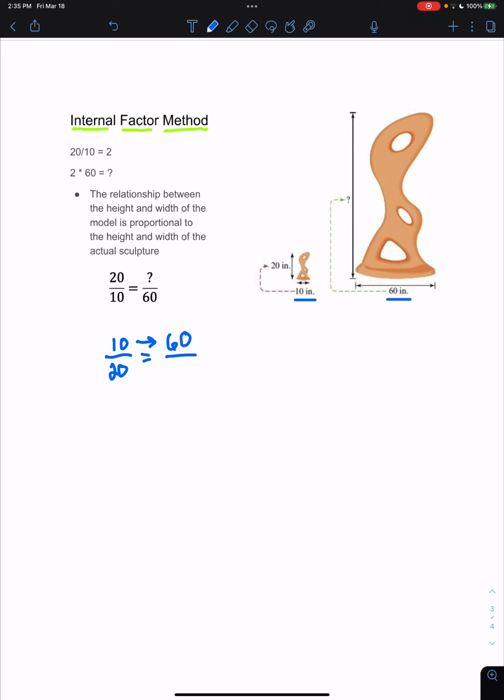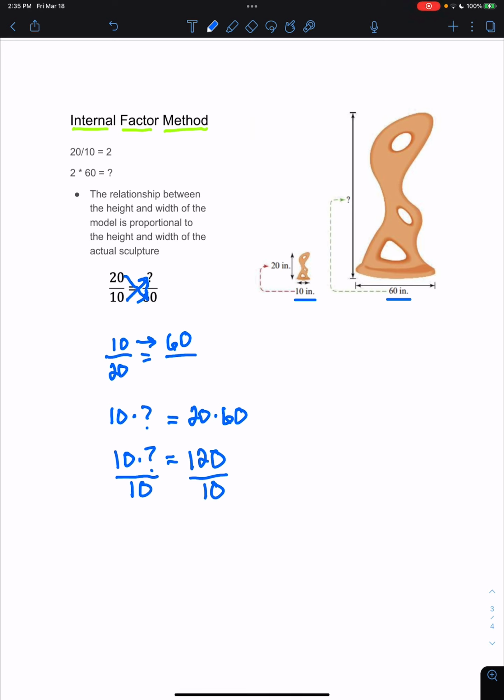Now, to solve a proportion, you may remember back in another math class that when we have a proportion, what we can do to solve it is we can cross multiply. So here in this case, we say 10 times question mark equals 20 times 60. So 10 times question mark is equal to 120. If we divide both sides by 10,